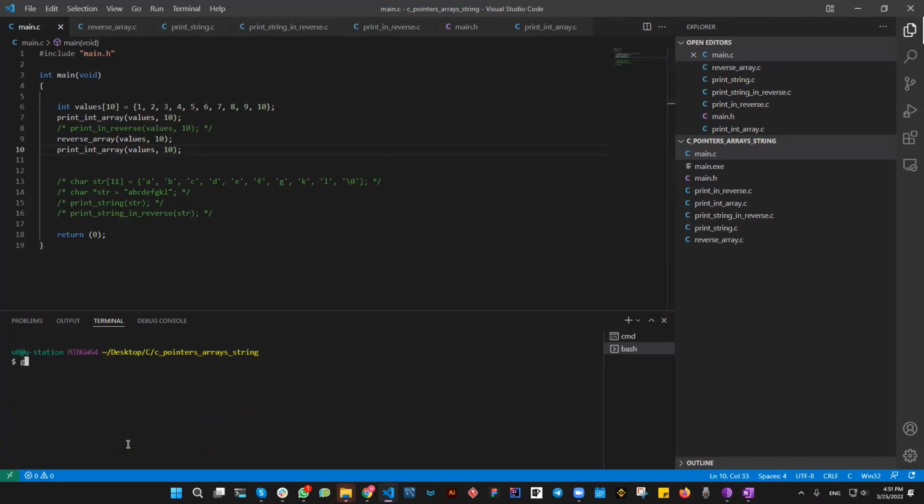Let's see what will display. gcc main.c, and we have to specify the print int array and also the reverse array function definition file, and the output will be main. Now let's run. And as you see,